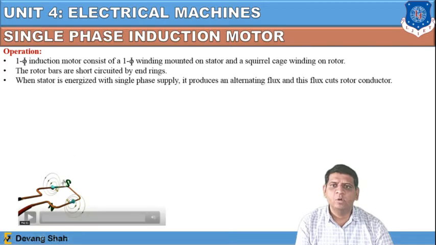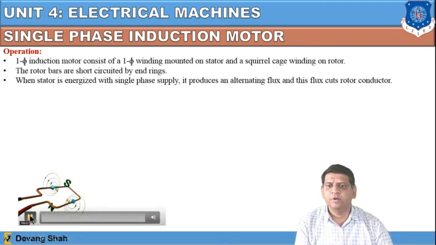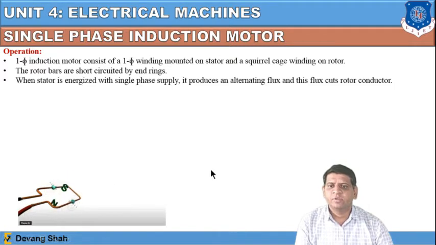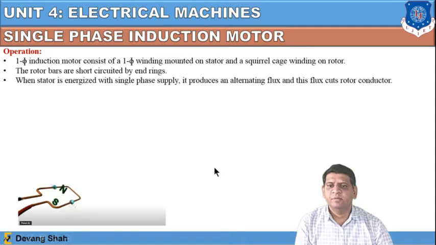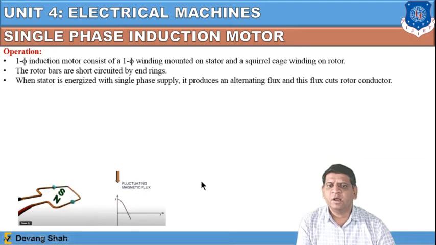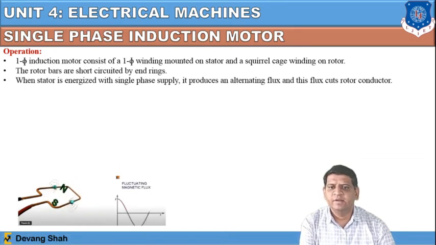Now this can be depicted in this particular video. You can see in this clip that current is applied in this conductor, and there is a production of magnetic flux around this conductor in this way. When a sinusoidal signal, that is the AC signal, is applied here, a magnetic field is generated in this manner. For one half cycle it is in a positive way, and for the other half cycle it is in a negative way.